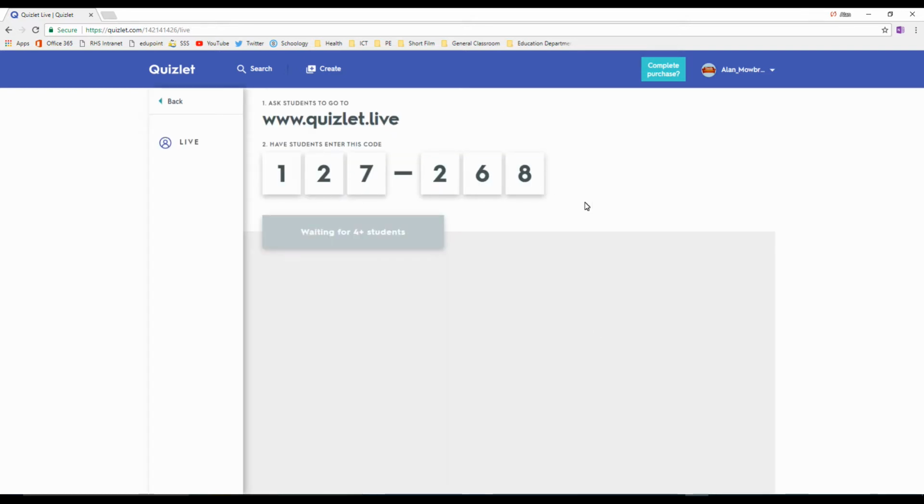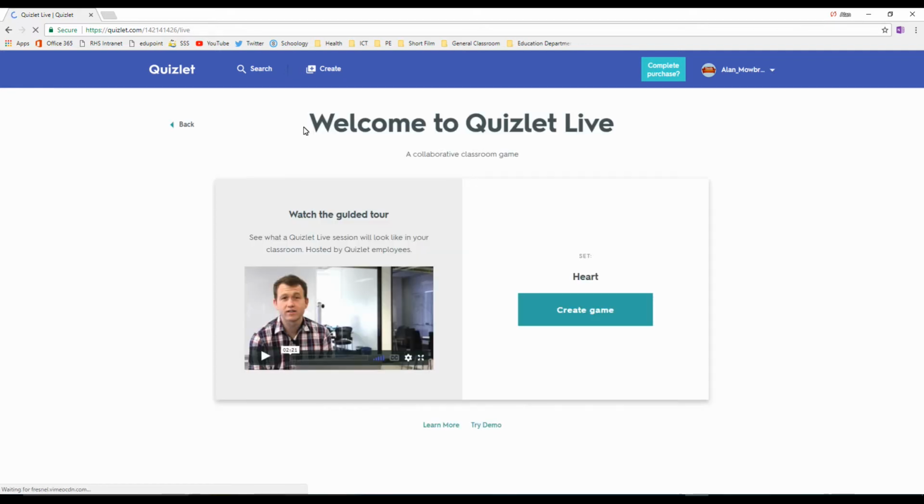And here's the number. The students join, and then from this point on, I have no students to join, but from this point on, what would happen is this screen here would then turn into that bar you saw earlier, where you'd see the different teams, and as they get the questions right, they're racing to reach the end. So that's the basics there of Quizlet and its uses and why you might want to use this over, say,